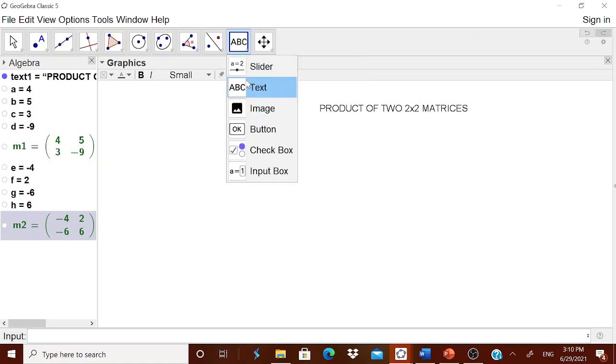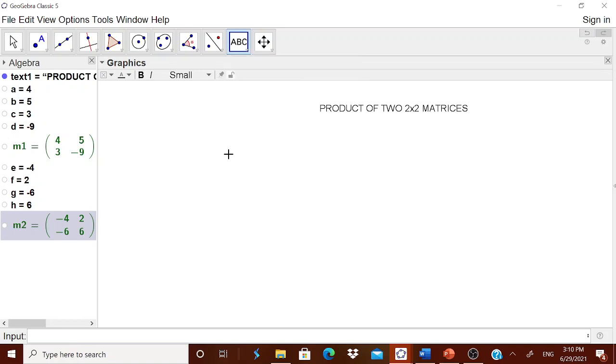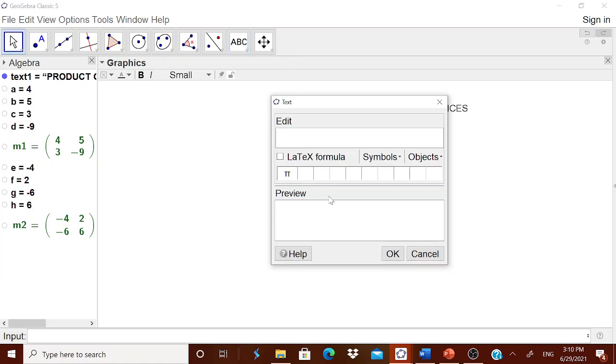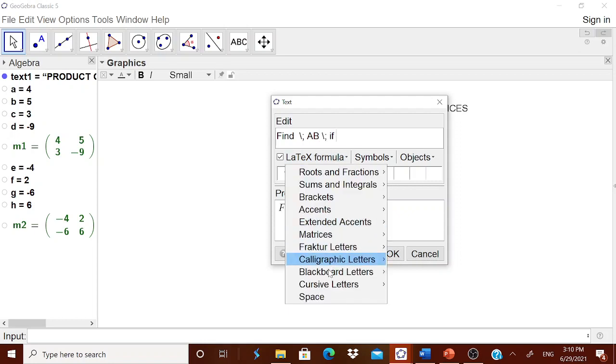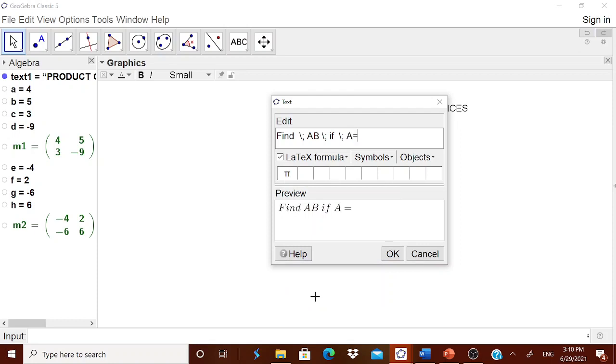Now you can show it to the children, the ABC text. Again, go to this LaTeX formula, otherwise the matrix will not be displayed. Then space will not be there, go to the space, AB, then go to the space, if, again go to the space, capital A is equal to. Now you see from the object you select M1, you see automatically it has come, and give some space